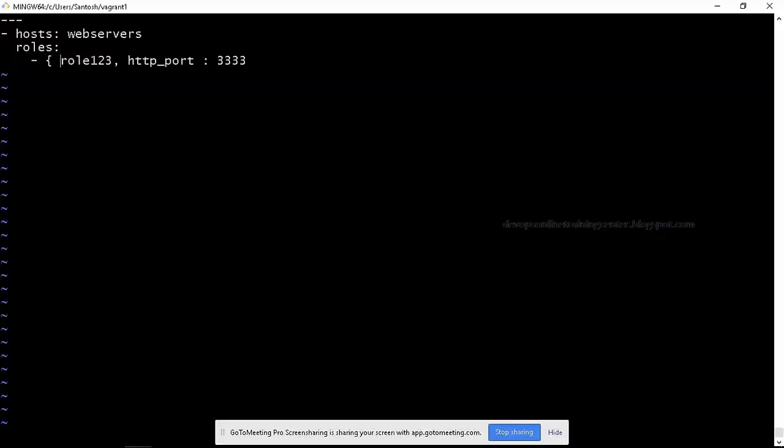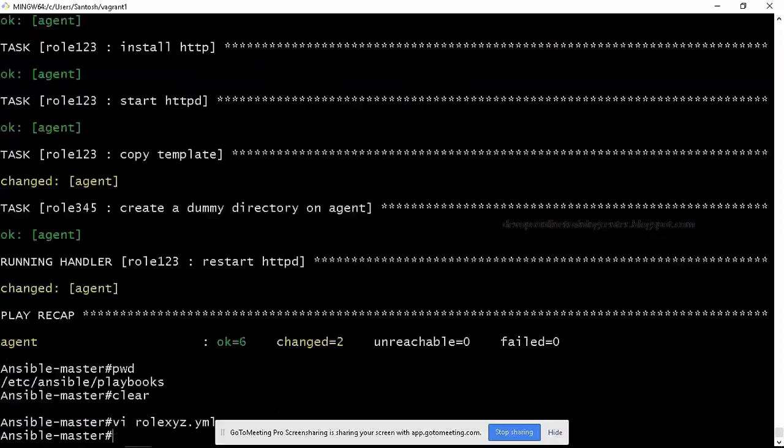I'll enclose it in brackets. So it's defined in the vars directory, it is defined in the defaults directory, and it is also defined in the roles section. So let us see from where it will pick up.